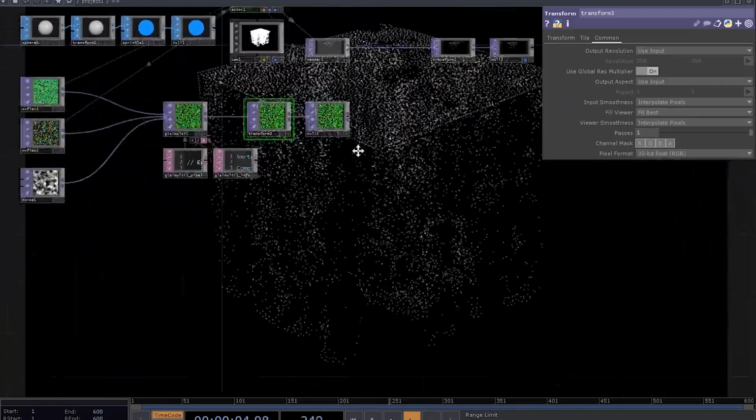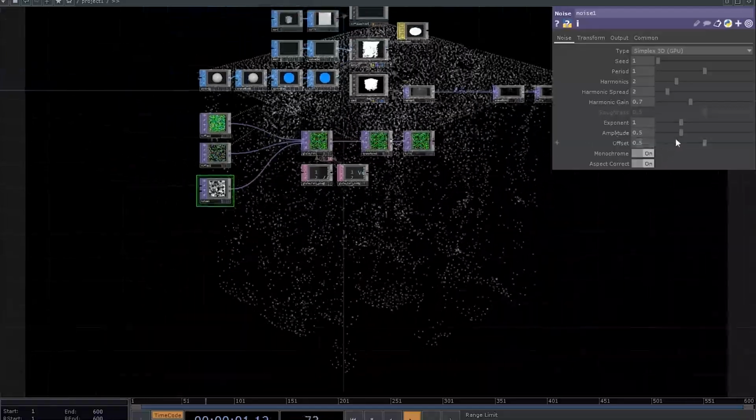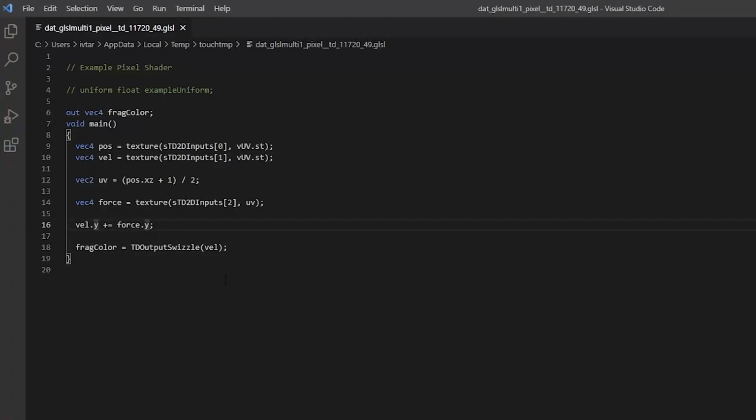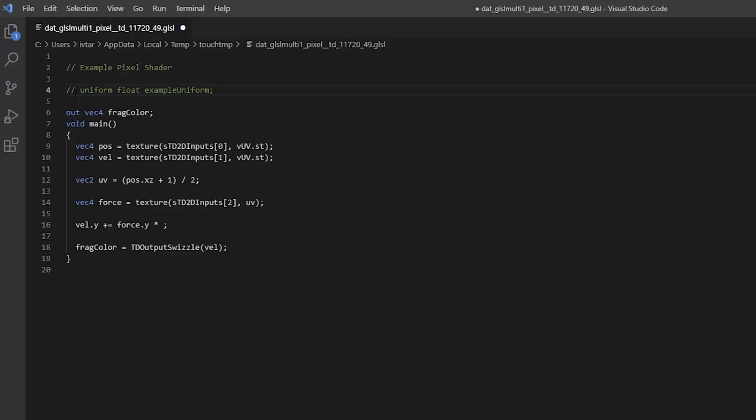Everything goes crazy. The first reason for that is that our noise has an offset of 0.5, so set it to 0. We can just multiply the force by, let's say, 0.1. Yeah, 0.1 is a bit too low. Let's actually use a uniform. We're gonna name it factor,